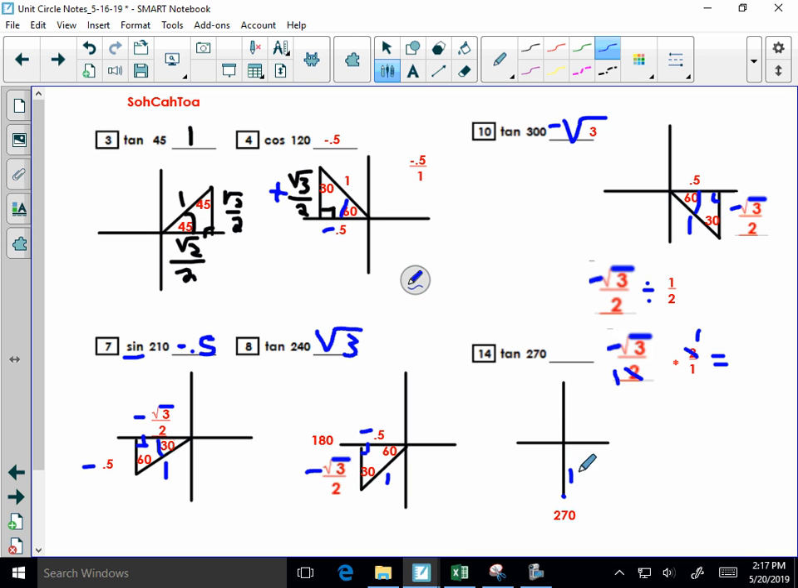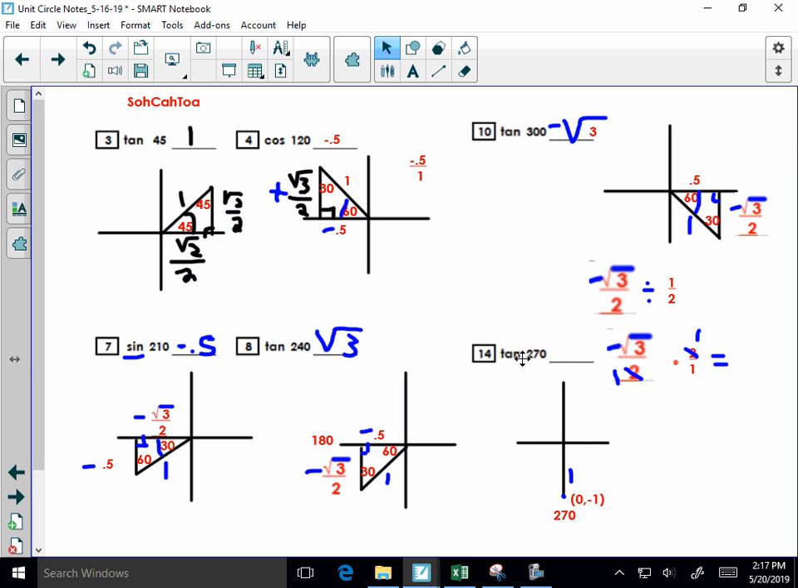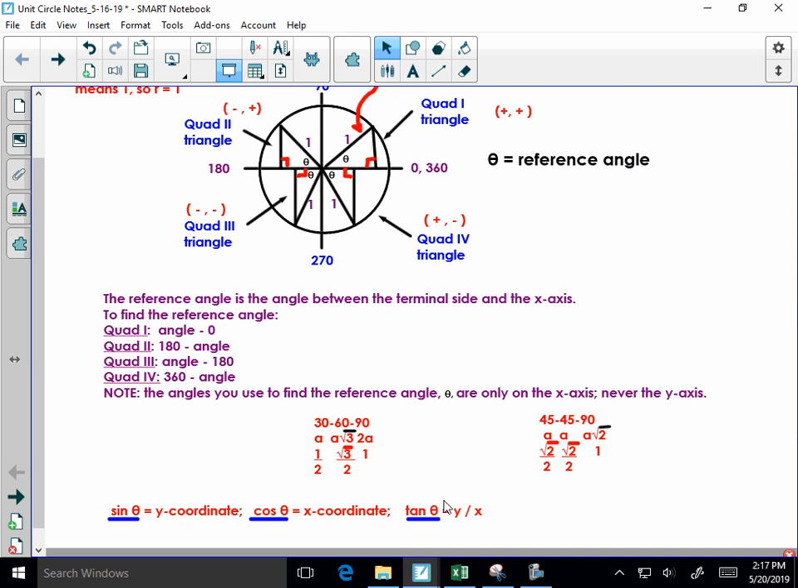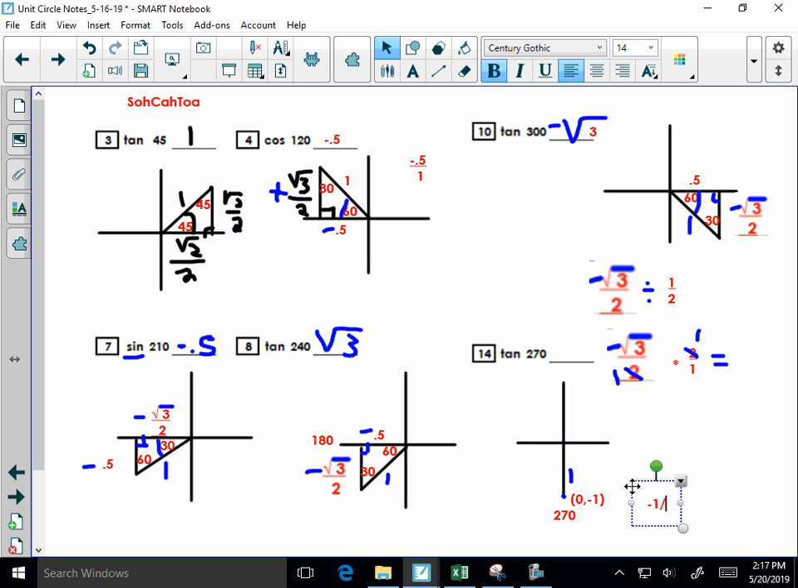So if I go down 1, that point now is 0, comma, negative 1. Okay, so I have my x and y coordinates right there. Now remember, tangent, again, is opposite over adjacent, or as we see here, tangent is the y coordinate divided by the x coordinate. So if I go y coordinate, negative 1, divided by the x coordinate, 0, what is negative